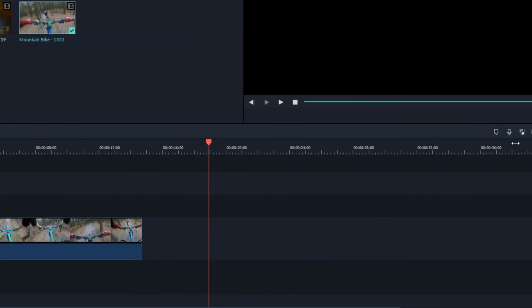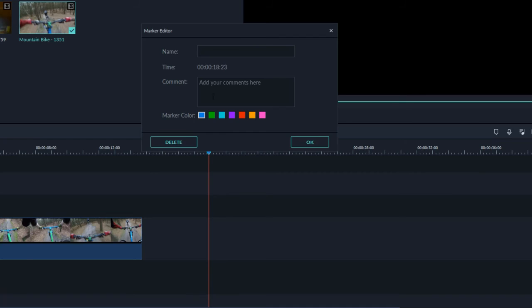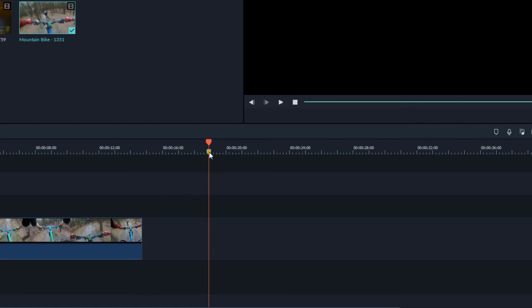You can do the same thing here as well, on the empty space. I'll just click on this marker and double click on it. This time I'll add some message as well, and a name as something, and I'll click on OK with a yellow color, for example. So now if I put the cursor there, it reminds me of this thing.